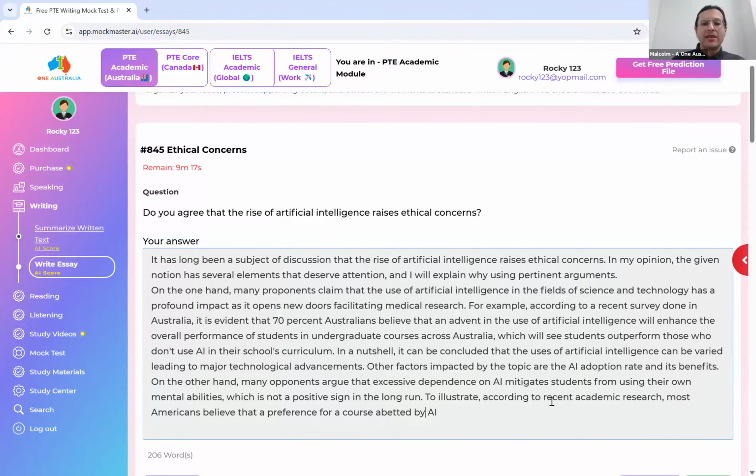Abetted means aided or facilitated, so you can also write aided by. If you're not sure about a spelling, don't write that word. Aided by AI will make students